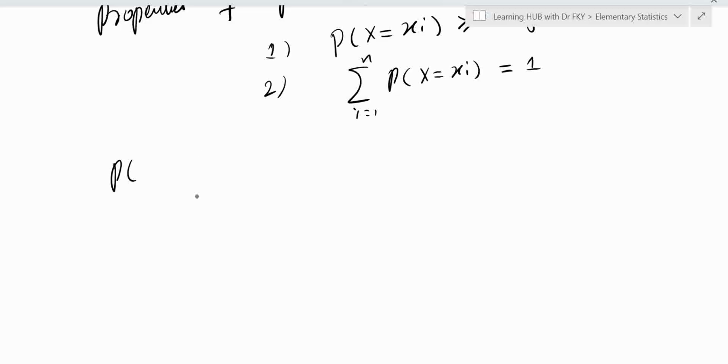So this means x less than 10. This means from 0 to 10, and x greater than